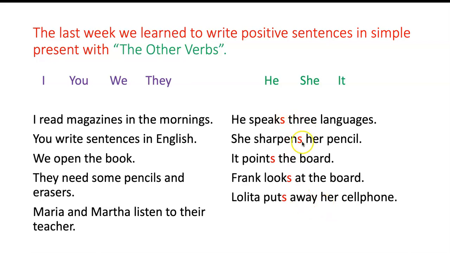In all these sentences, we have added the letter S because they are written with the personal pronouns he, she, it, or with the persons that represent these personal pronouns. Okay? So now you know this, you understand this, because last week I taught this to you. I explained this to you. Okay, so now